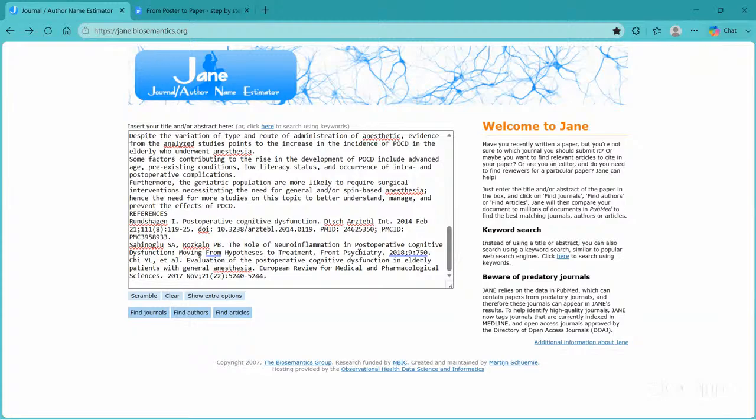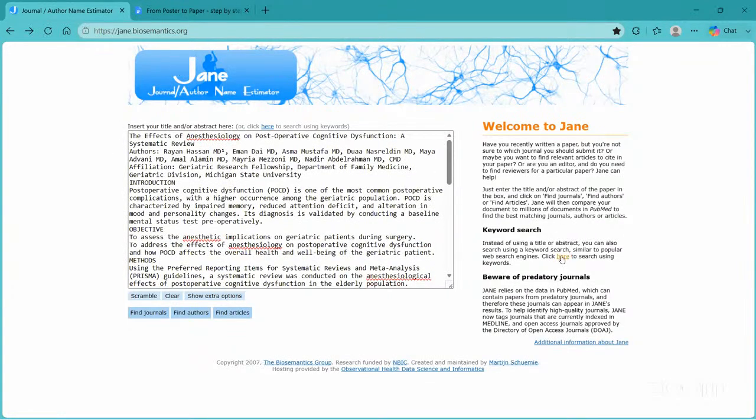So it is very helpful to find, let's say, a journal that you can reach out to and try to publish. It will basically narrow down the number of journals that would be more likely to publish what you are looking to publish. But you also have to do your own careful journal evaluation before just going for it. And it's a very simple tool, so that is all. It's a very short talk, unfortunately, but there's not really much more to it.